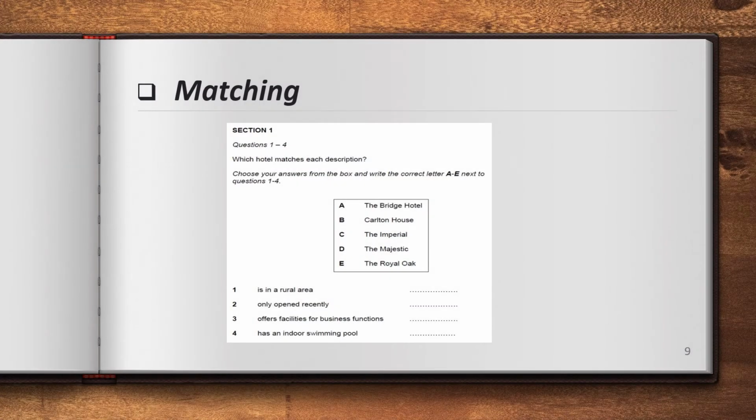Right. This is an example, one of the examples, maybe the same one or not. Matching here, alright. Questions 1 until 4. That is only a sample or example. Here we can see that numbers 1 until 4 have questions here, right? Which hotel matches each